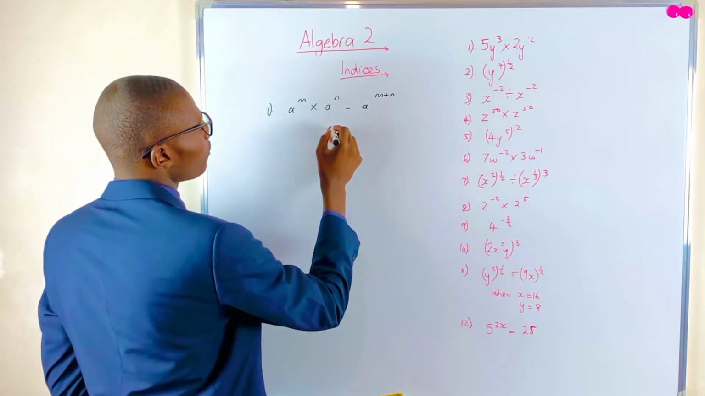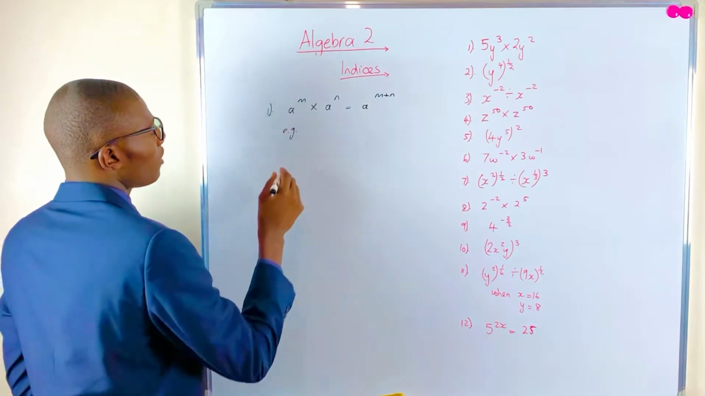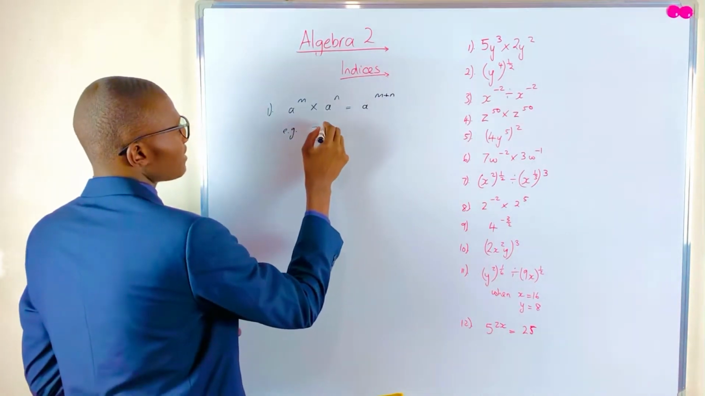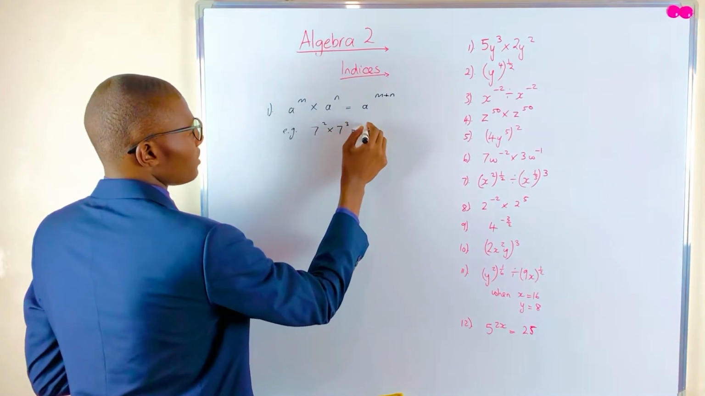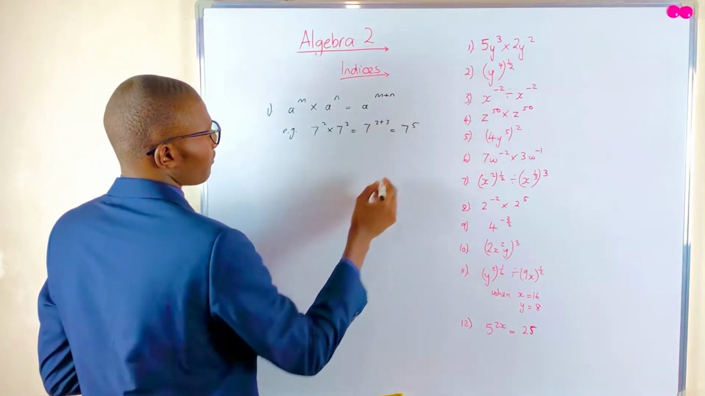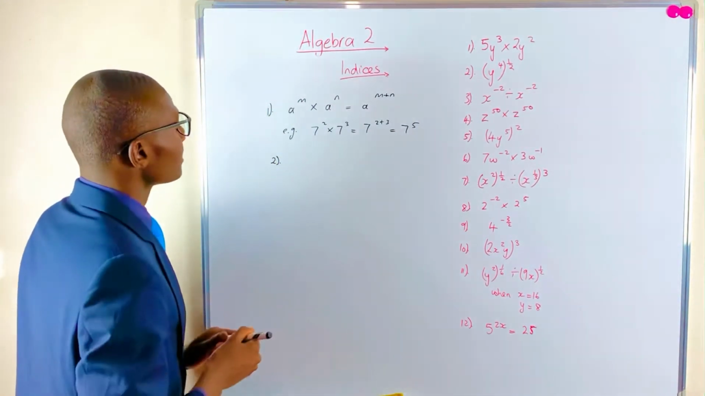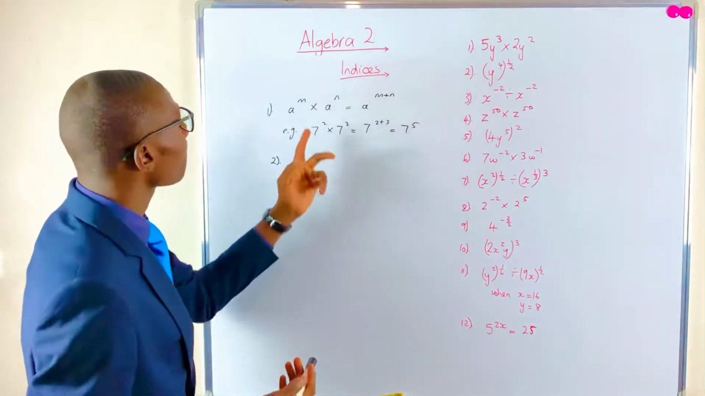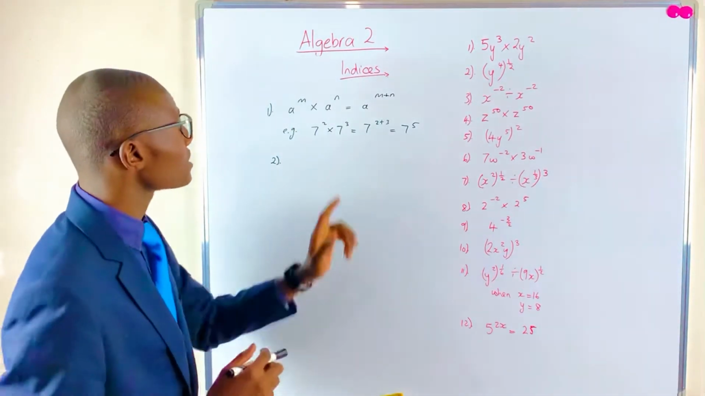For example, let me write it here. For example, we can have 7 to the power of 2 times 7 to the power of 3. This would be equal to 7 to the power of 2 plus 3, which is 7 to the power of 5. Right. Then the second one is that for the same base, if we are dividing, we simply subtract the